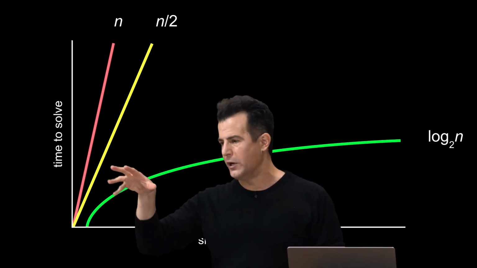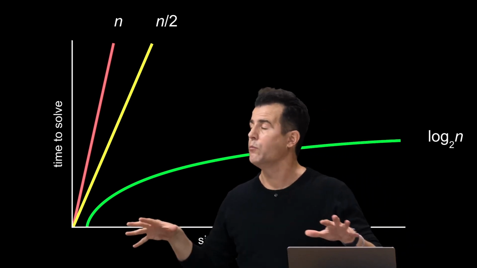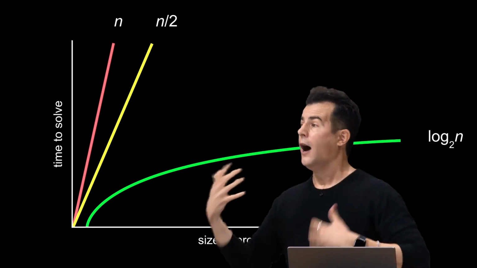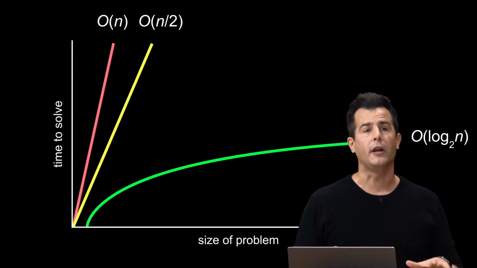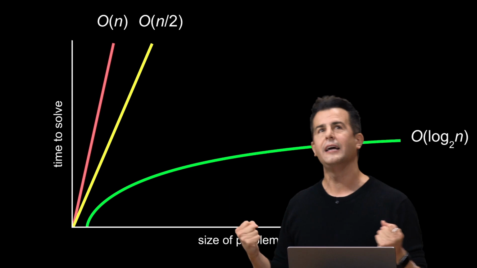And then we really got into the weeds with log base 2 of n for that third and final algorithm. And at the time, we claimed anytime you're dividing something in half, in half, in half, odds are there's going to be some kind of logarithm involved. And we'll see that today. But today, we're going to actually start using computer science terminology. And we're going to sort of formalize this